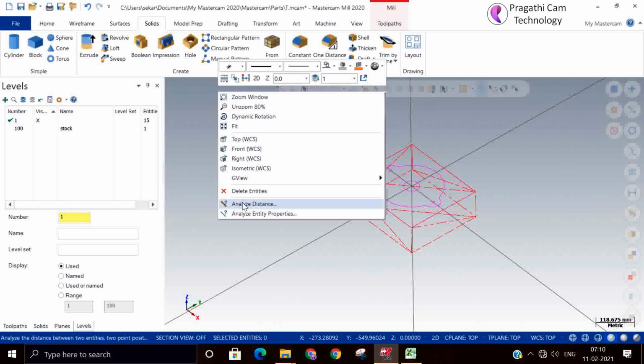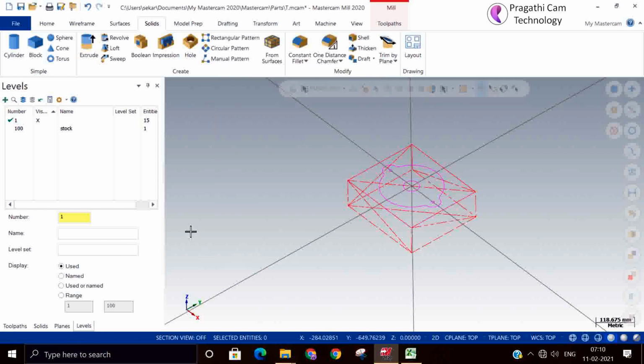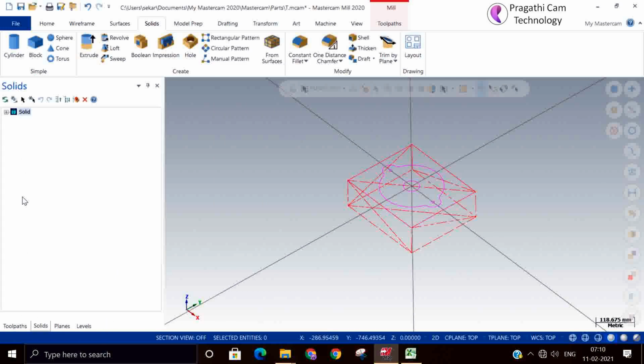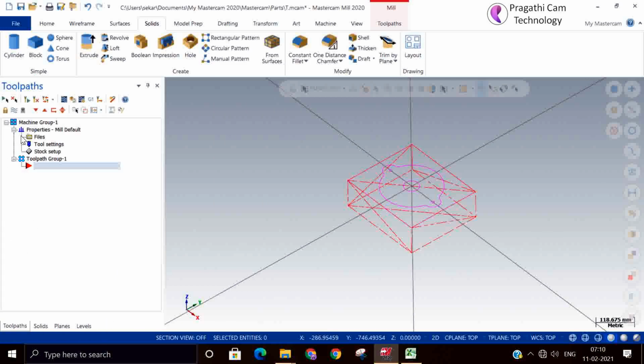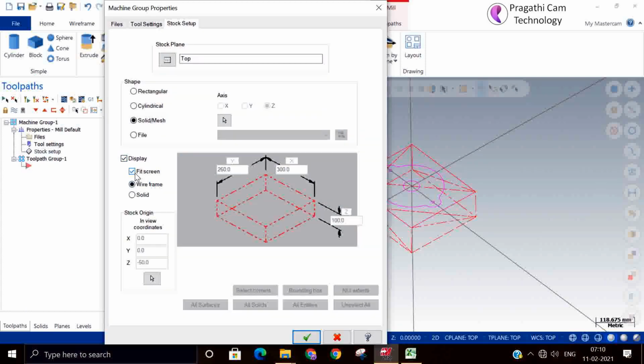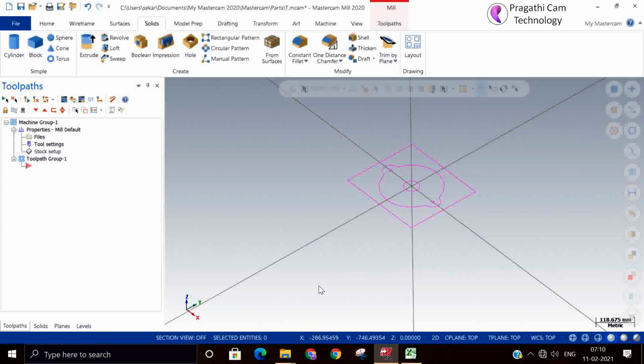It will not look good, but it will work. If you want, you can give the solid stock in some other place. You can give it here. I'll remove this stock now. I'll remove the stock. It is there.